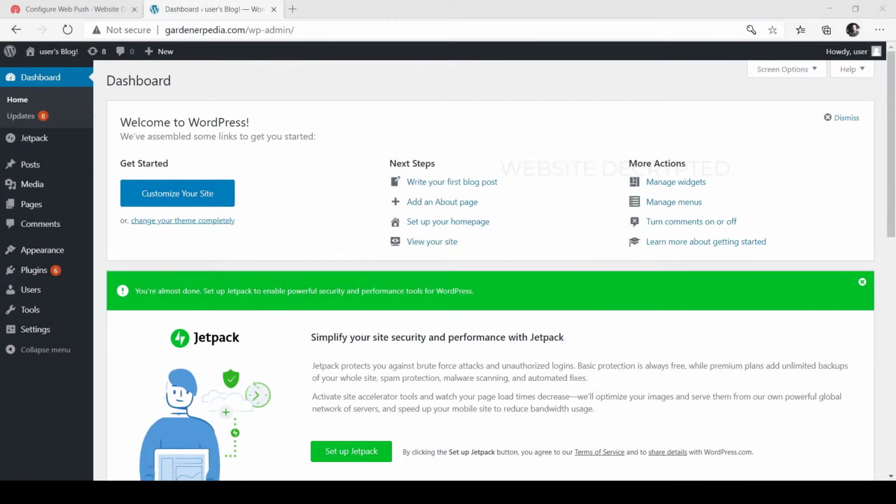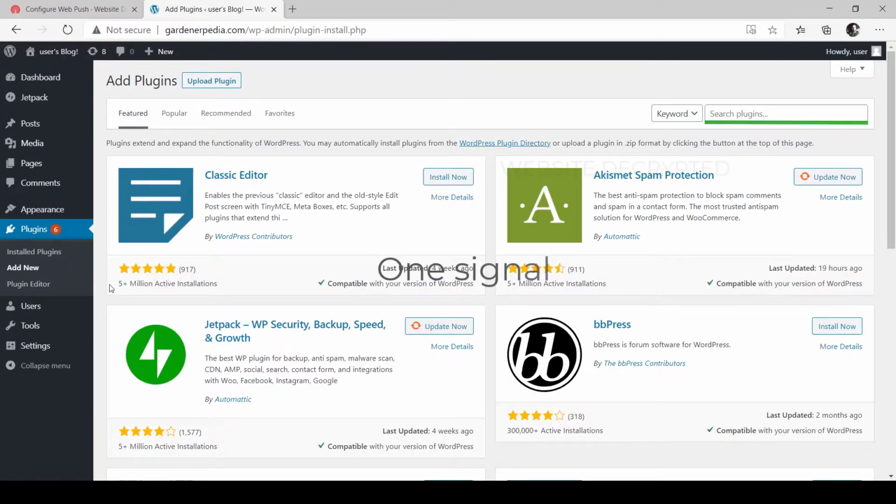Go to the WordPress dashboard of your site. Hover your mouse over the plugins and click Add New. Search for OneSignal.